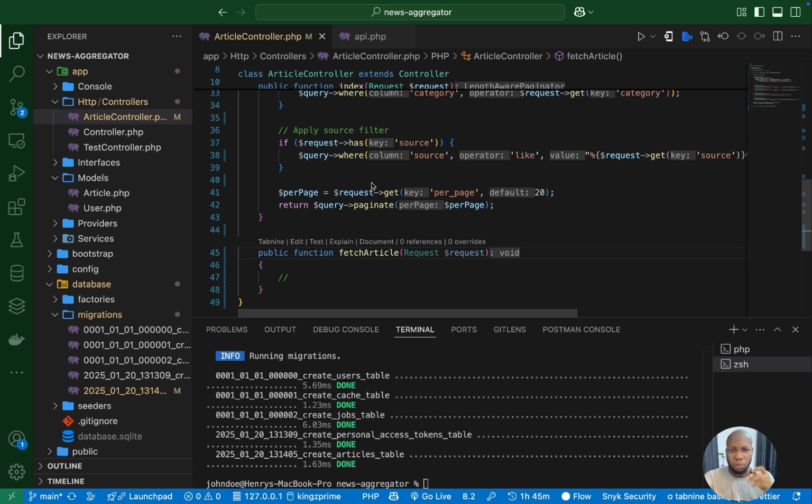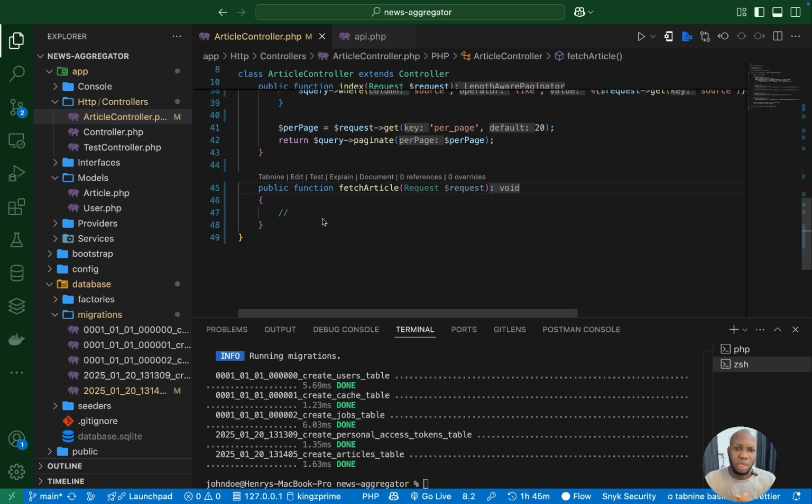So what most people are going to do is write multiple controllers or multiple services that fetch from these APIs directly and store in their database. But I like writing code in a way that is reusable, easier to understand, straightforward, and faster to write, so that you won't have to repeat yourself multiple times. Because